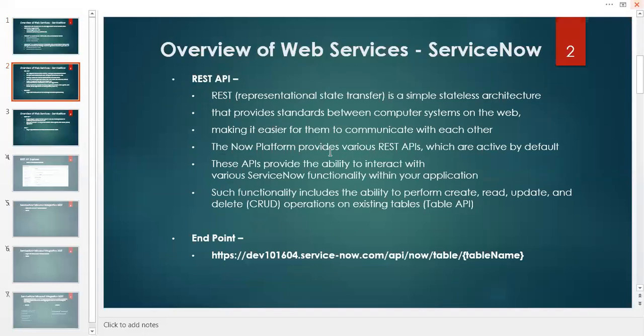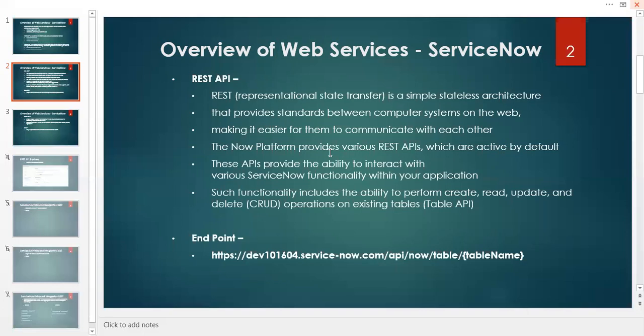Next, REST API. A brief look at REST API. REST, called representational state transfer, is a simple stateless architecture that provides standards between computer systems on the web, making it easier for them to communicate with each other.